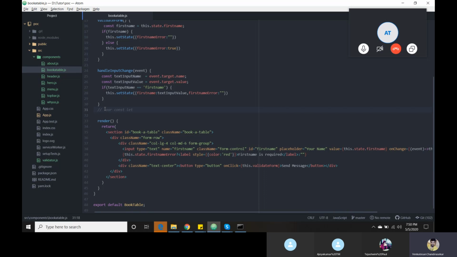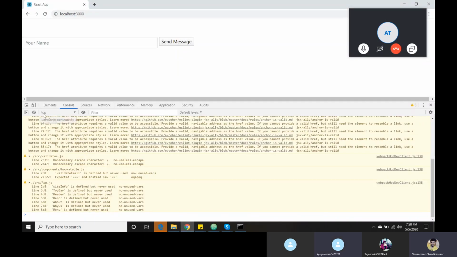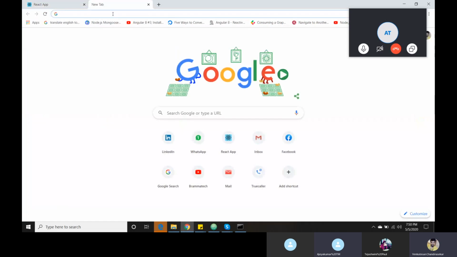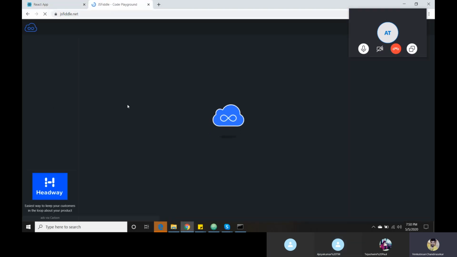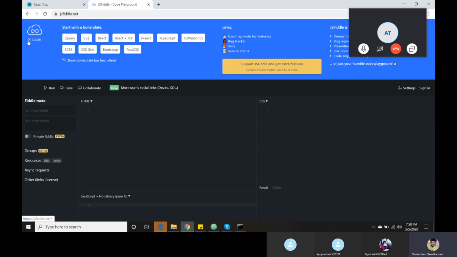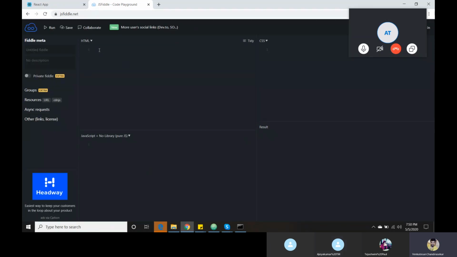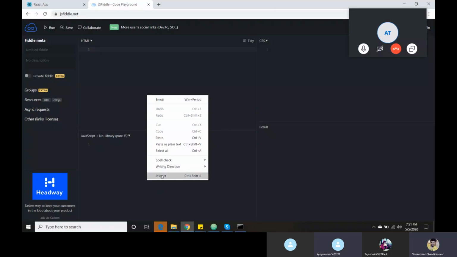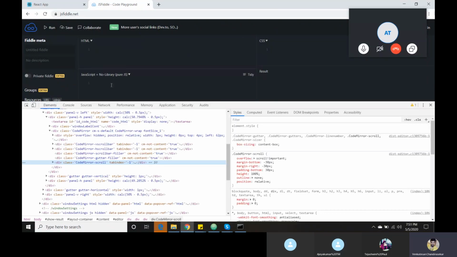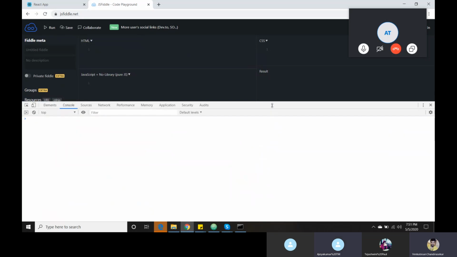Now I am going to give one small live example for these three things. You guys know JSFiddle. This is an online platform. Here you can do your example stuff in HTML, CSS and JavaScript. If you give a run button, it will give the result here. There are a lot of online editors available: JSBin, JSFiddle, CodePen, like that.